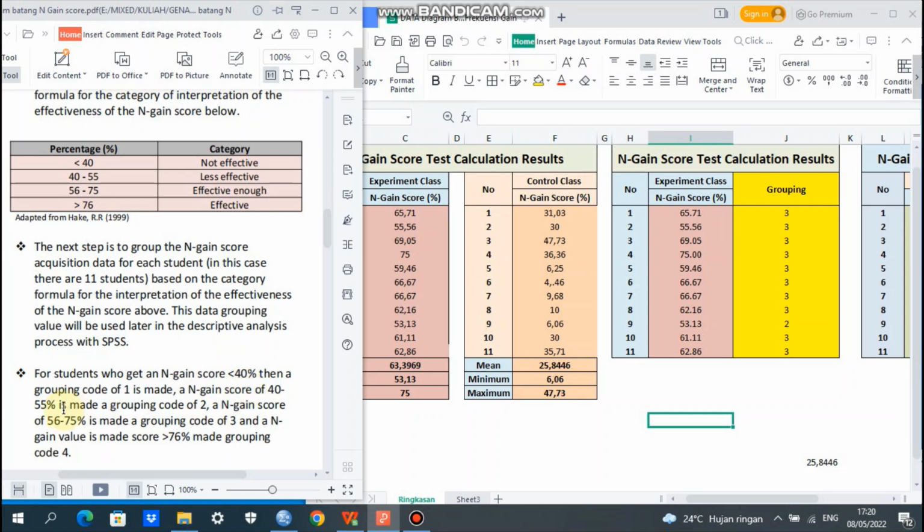For students who get an n-gain score less than 40%, the grouping code is 1. For 40 until 55%, the grouping code is 2. For between 56 until 76%, the grouping code is 3. And for more than 76%, the grouping code is 4.